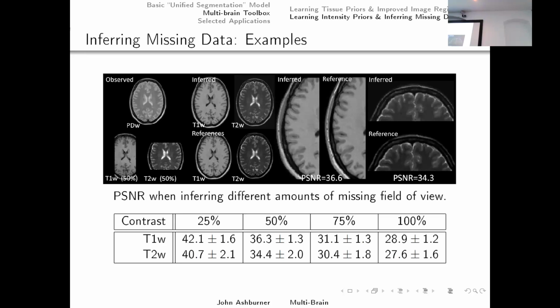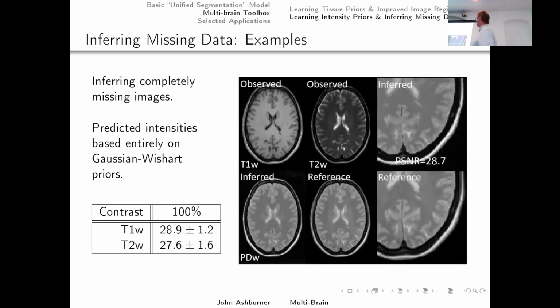So this is the inferred T1 weighted. It didn't do a terrible job. Missing data, building data, missing data. Oh yeah, these are inferred. So that data was imputed. That's the ground truth. More examples, and then we can see how